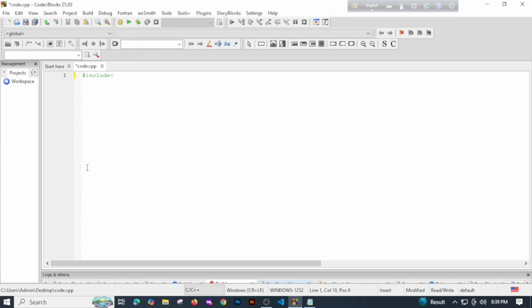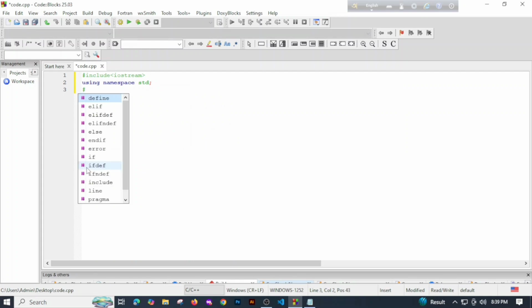namespace. Okay, so we are using C++, so that's why we're using iostream, and it is used for input output operations like cout, and then we will be writing using namespace std. Now this allows using cout and cin without writing std, and then we